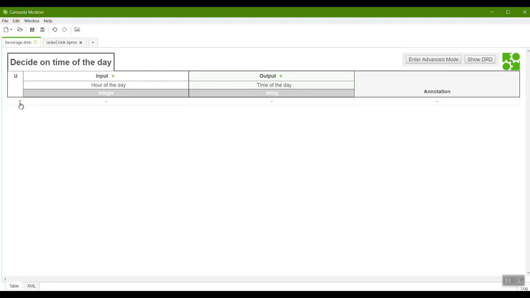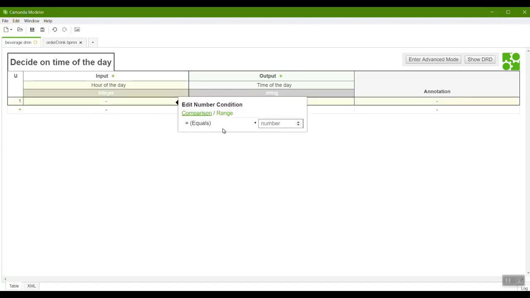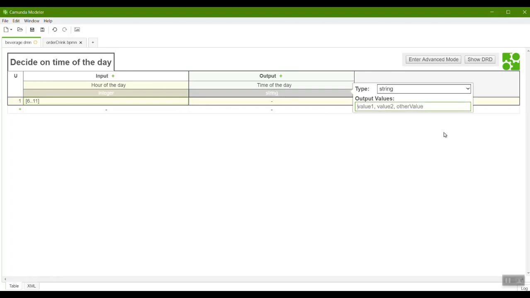So let's add the first one. The first one is going to be pretty simple. It's going to be a range. So if it's between 6 and let's say 11, I'm being very, very nice with this, then it's going to be the morning. Once again I'm going to select this value here to add allowed values, which are morning, afternoon, evening, and night.